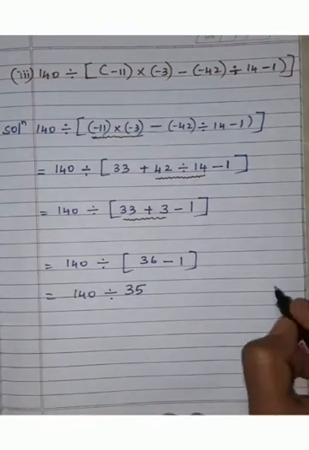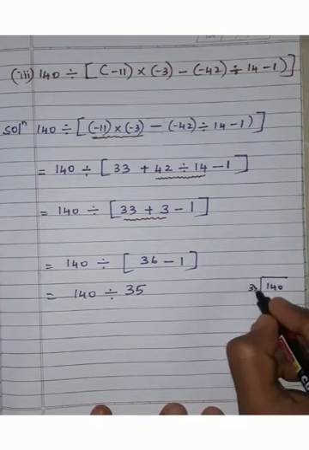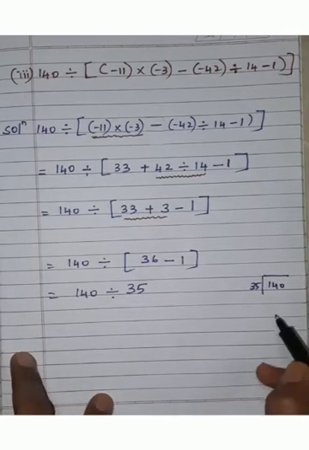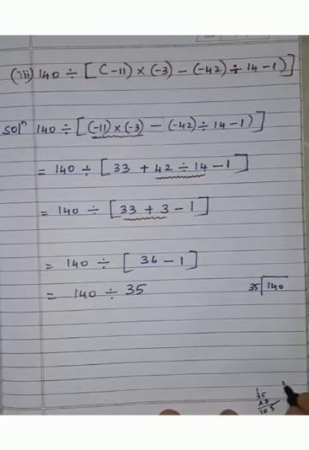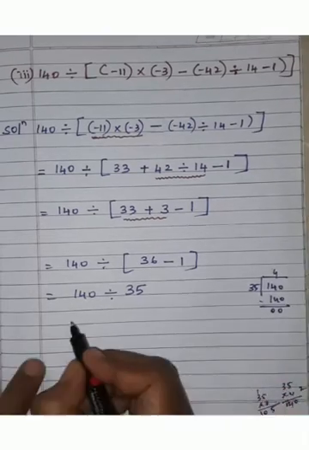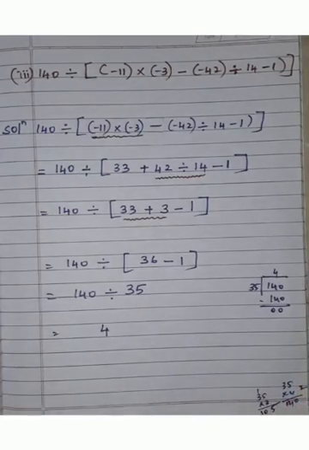Now what we have to do? We have to divide here 140 by 35. So we get here 35 ones are 35, 35 twos are 70, 35 threes is how much? 15 carry 1, it is 105. 35 fours are, let me check. It is 20 carry 2, 12, yes, it is 140. So 35 fours is 140. Okay, children. So the answer for this is 4 is our answer. Is that clear?